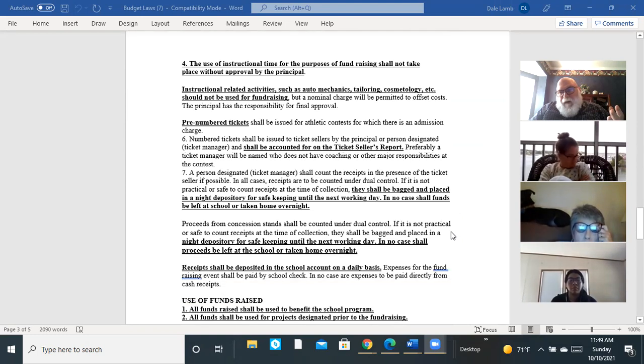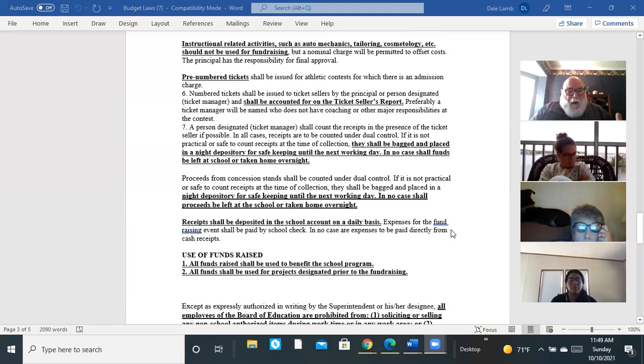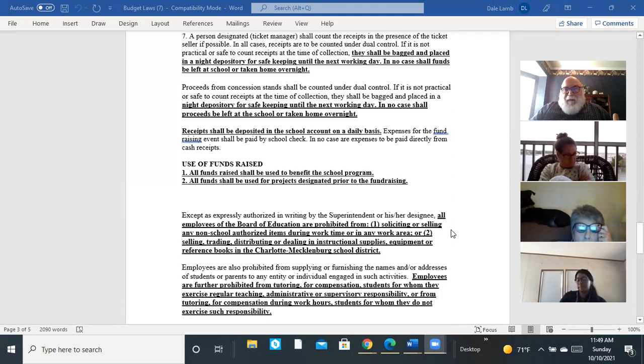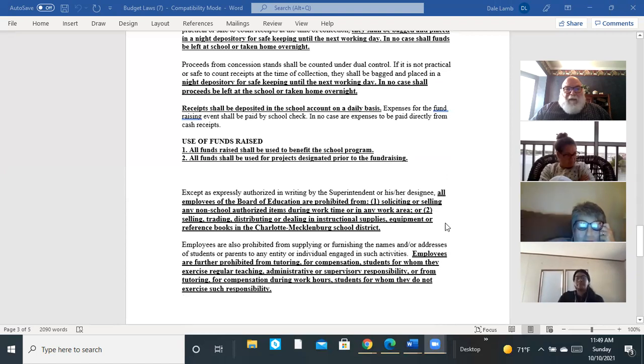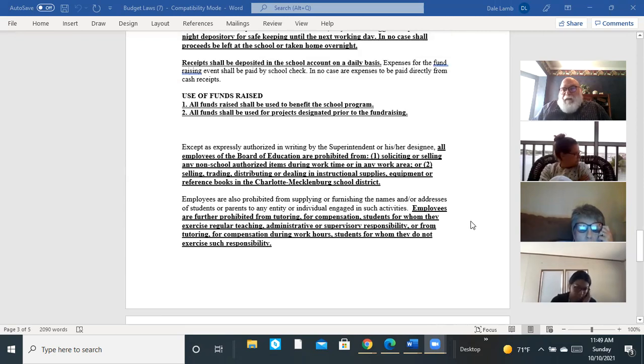You have to do pre-numbered tickets. You have to do reconciliation at ball games, deposit the money. The money you raise has to benefit the school program, and has to be approved prior. All of those kinds of things have to be done. Fundraising is where you get in the most trouble financially at a school: how you raise it, what you spend it on, getting in trouble,